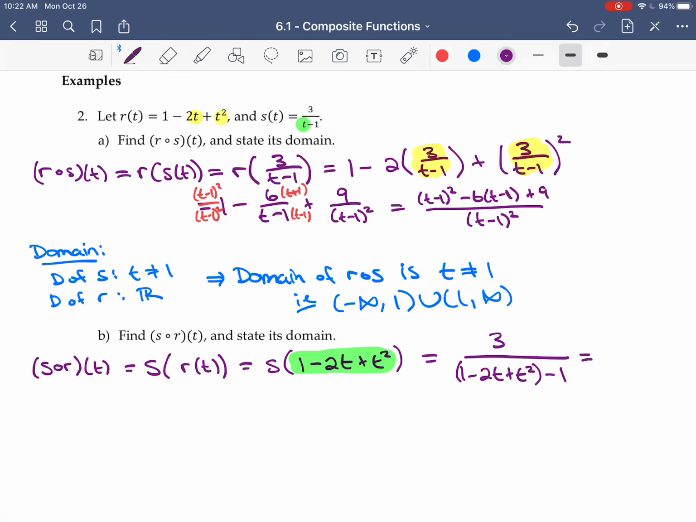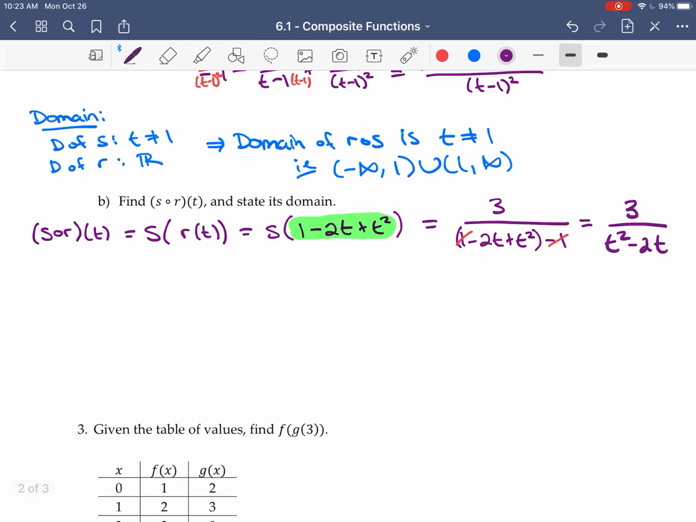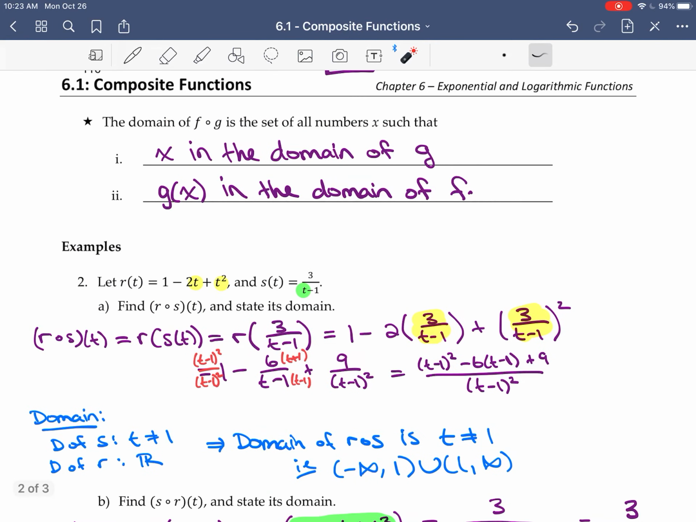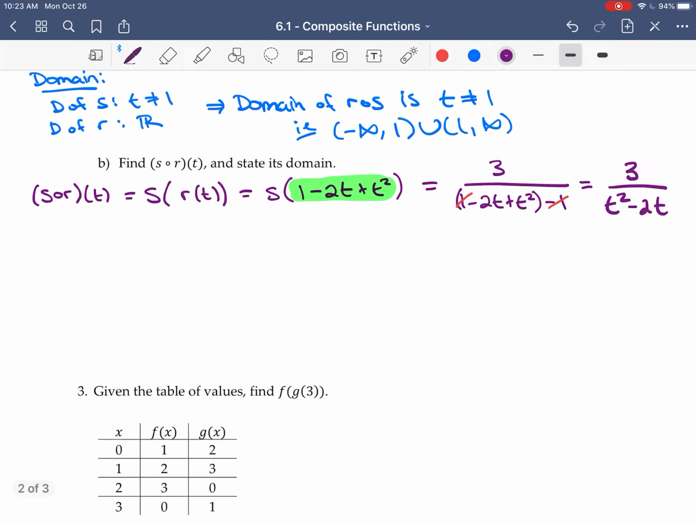So I could actually simplify this. The 1's are going to cancel. So it's going to be 3 over t squared minus 2t, which you could factor as well. Okay, but that's what it looks like. Now you could compute the domain from this, because we computed this composite function, you could compute the domain from here. But let's try and use these domain rules to compute it, just to make sure that we know how to do that. Okay, so for the domain,